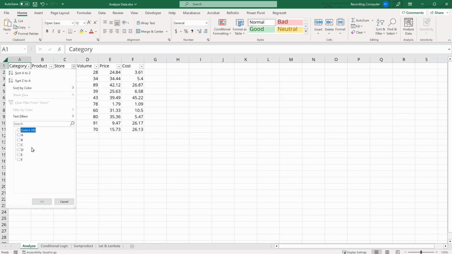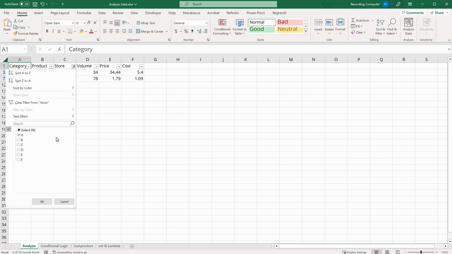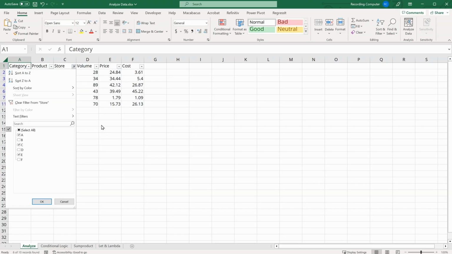So let's deselect all values and select A. We can see that the column is filtered, as the filter icon now appears in the column header. I can also select multiple values like A, C, and E. OK. To clear this column filter, I can either navigate back to the drop-down menu and reselect all items, or